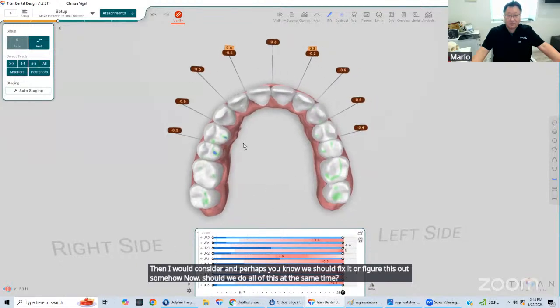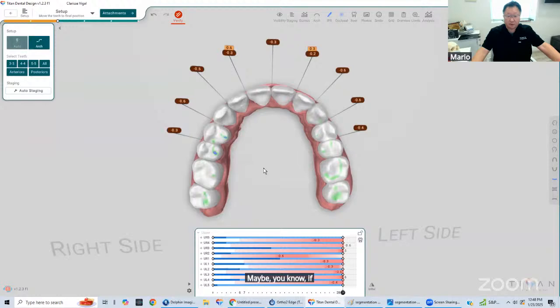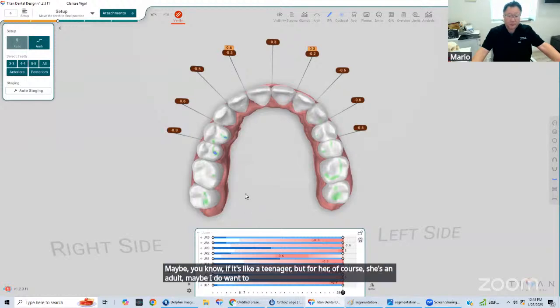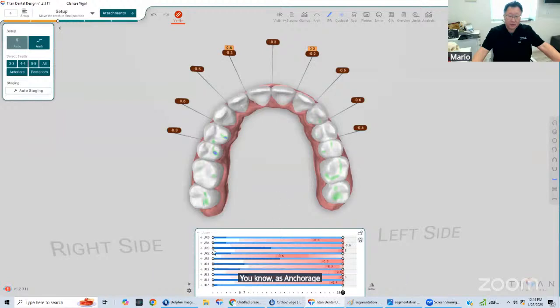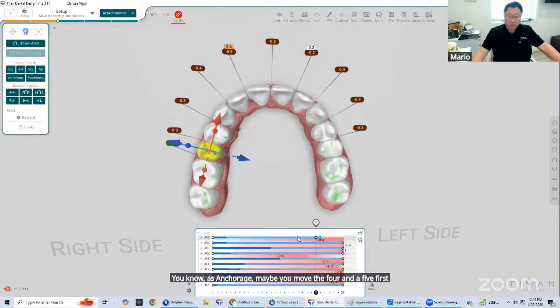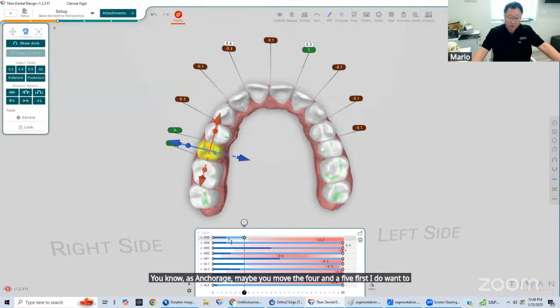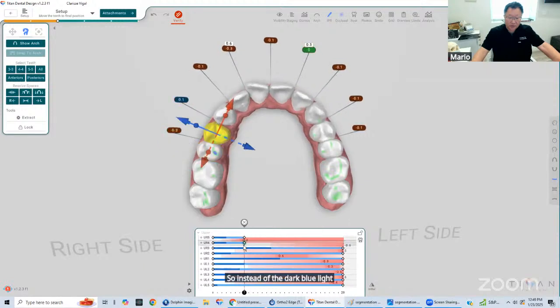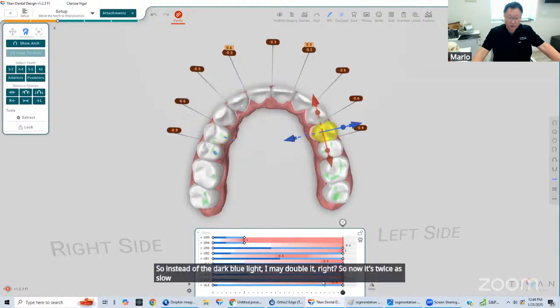Maybe, if it's a teenager, but for her, she's an adult, maybe I do want to break it up a little bit, right? Maybe I'll use the front and use the back as anchorage. Maybe you move the 4 and the 5 first. I do want to move things slow. So instead of the dark blue line, I may double it, right? So now it's twice as slow. And if I do it twice as slow,